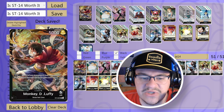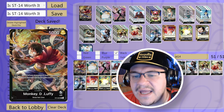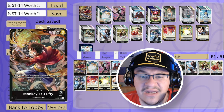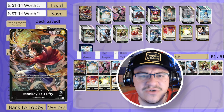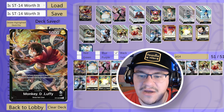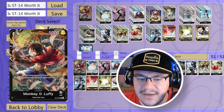I figured that this was coming eventually because we have minusing cost. They had to include plus cost at some point, and if we look into OP08, we have another card that does this, which is going to be the Jack, which gives himself like +4 cost, and he becomes an 11 cost on the field, which is very, very strong and very, very hard for decks to get rid of, unless you're playing something like blue or yellow that just has a card. I guess Stussy could even do it to just remove something instantly. No cost dependence there. But it's very interesting that we're going down this route, and I think this leader's okay,